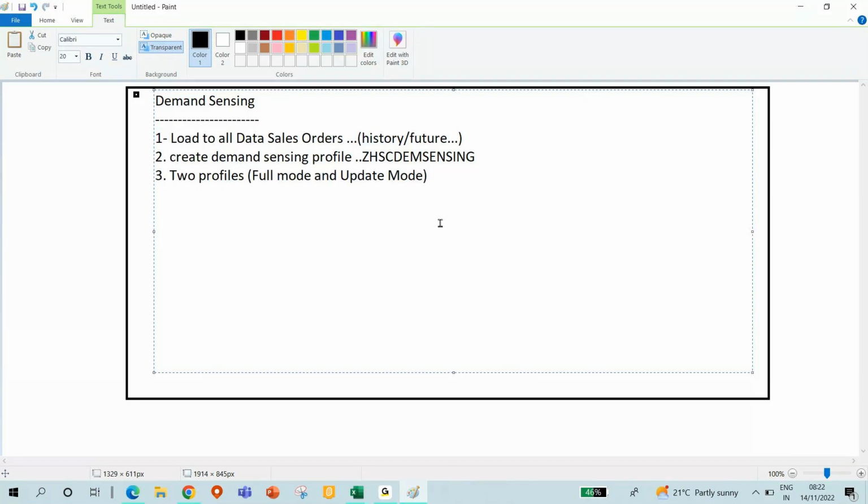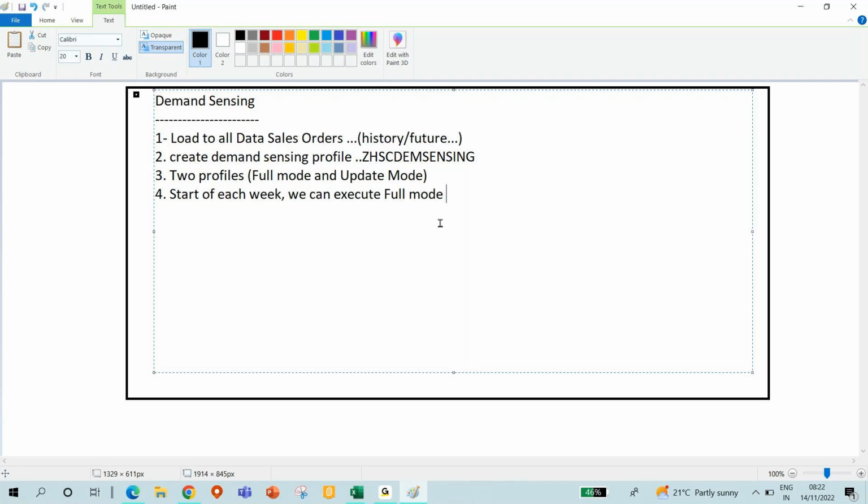In the beginning of each week, at the start of each week, we can execute